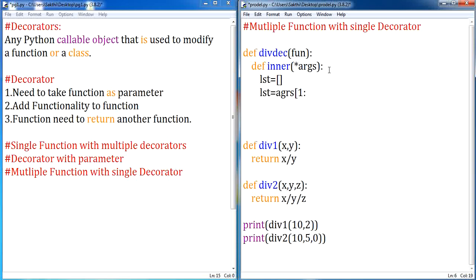So I don't want any of my denominators to be 0. In the first case, you can notice that except x, everything comes in the denominator, and the same way in the other case. So let me have a slicing here of my arguments where I will remove my first one. The first argument is at index value 0, so I'll start with 1 till the end of my arguments.